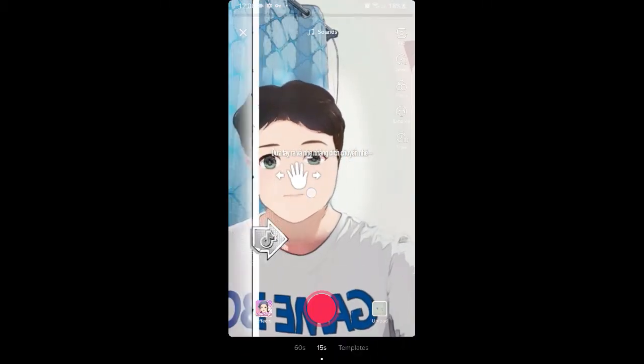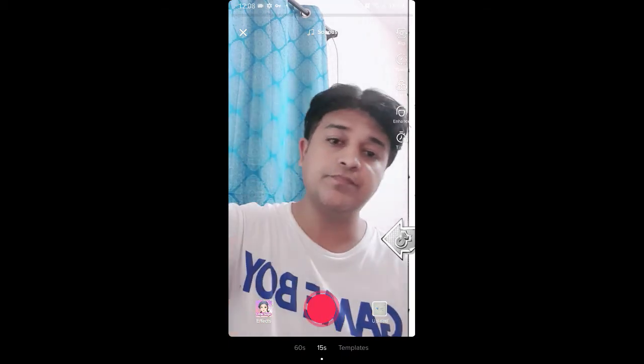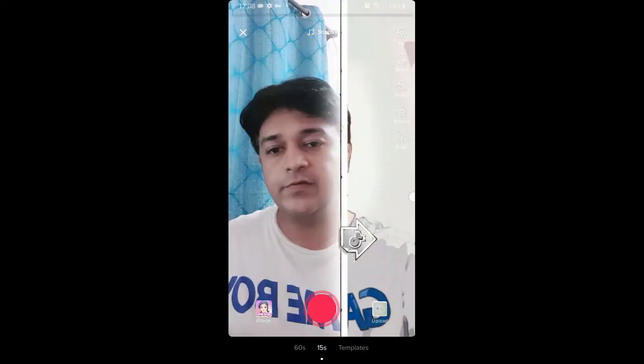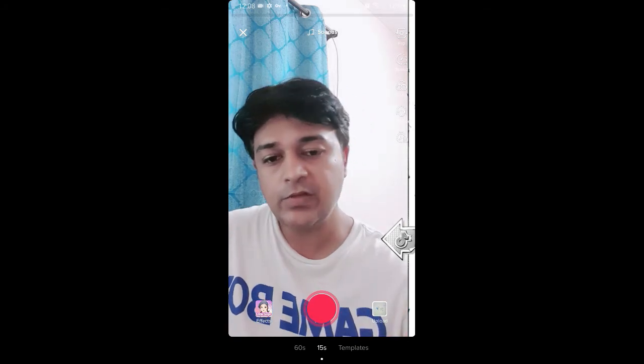Now you can swipe on the screen to apply this effect, likewise. Okay, and if you are not getting the filter like this, then what you can do, you can go